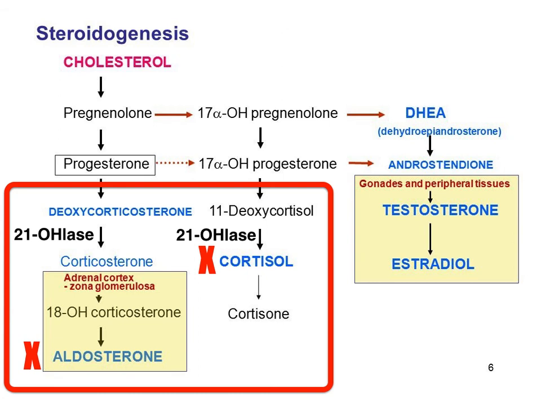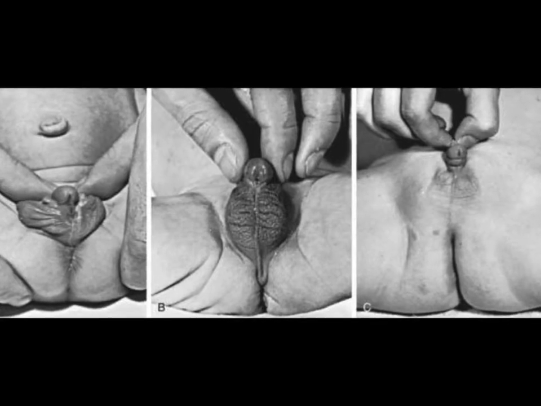Now remember that 21-hydroxylase catalyzes the formation of both aldosterone and cortisol in the adrenal cortex. Since this pathway is blocked, the precursors such as pregnenolone and progesterone are all shunted towards the production of DHEA and androstenedione, which becomes a precursor for testosterone production. So in other words, persons with deficiency of the enzyme 21-hydroxylase have elevated levels of androstenedione, which causes elevation of testosterone. Now, for a female infant, the result of this would be catastrophic because it results in the masculinization of